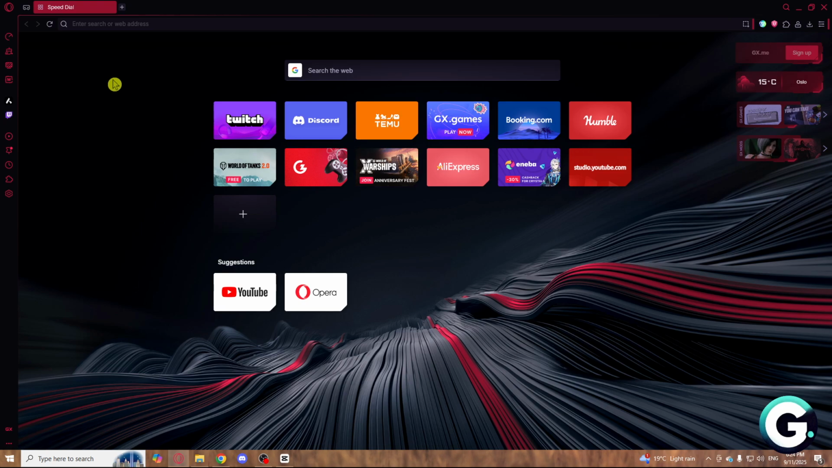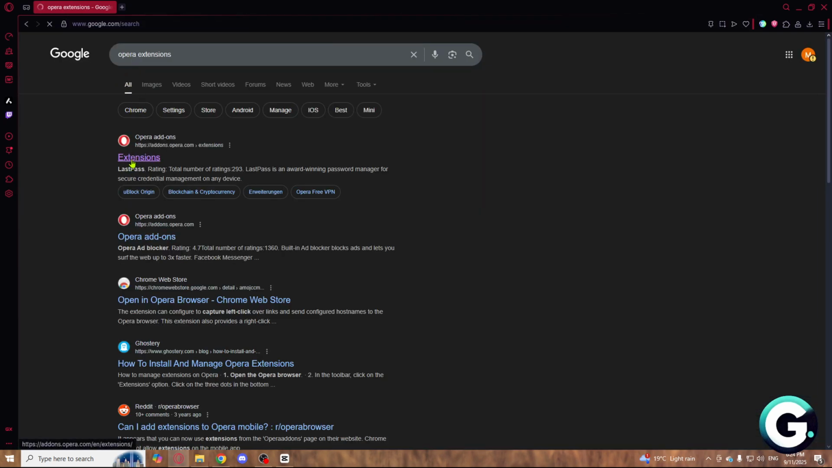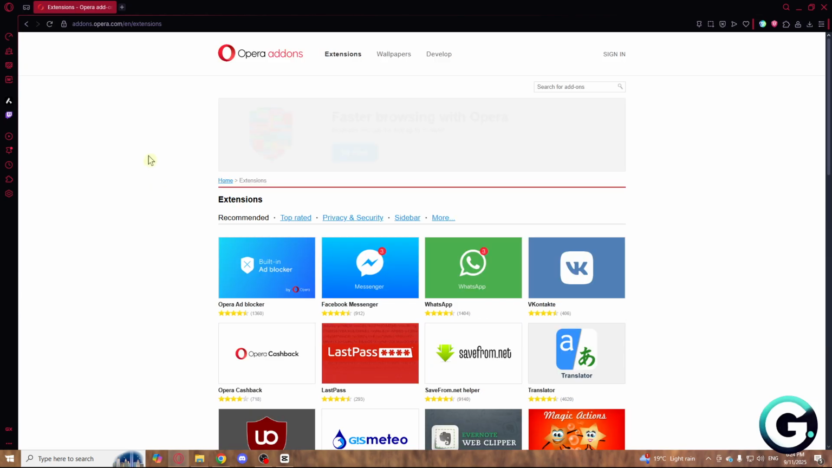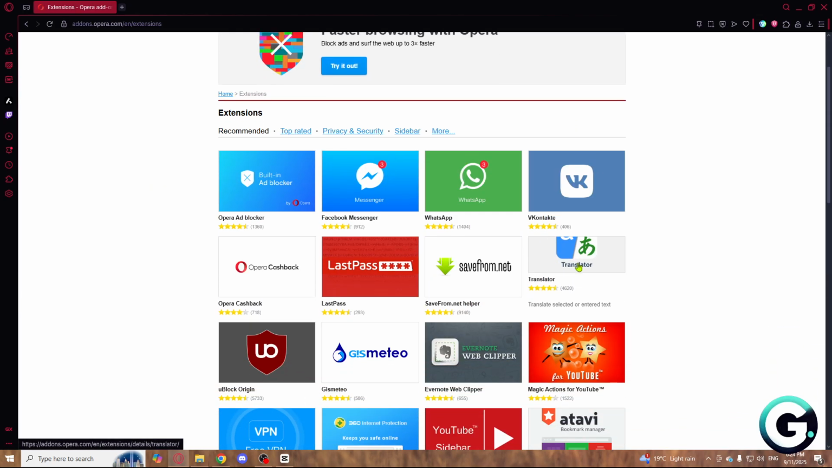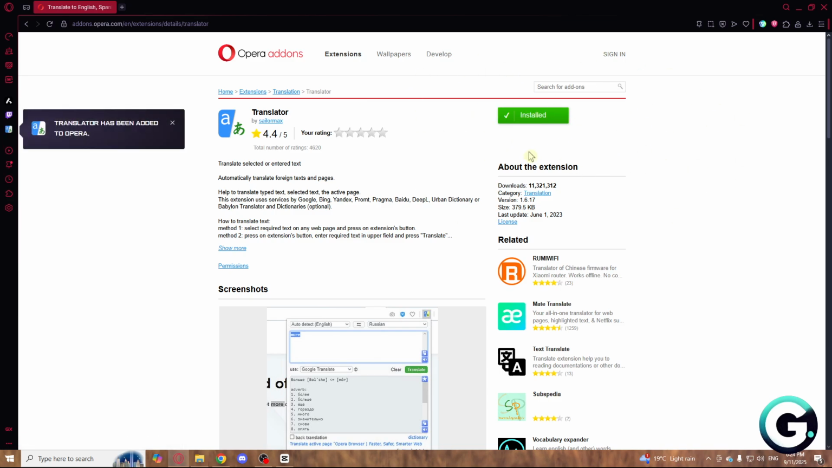So go to the search and type Opera extension, click on the first link, and here click on the extensions. Now you'll need to find translator. Click on the translator and click add to Opera. You will need to wait for the installation, and as you can see it will say translator has been added